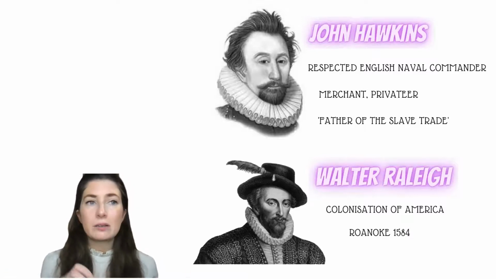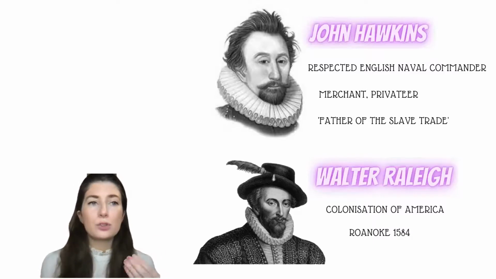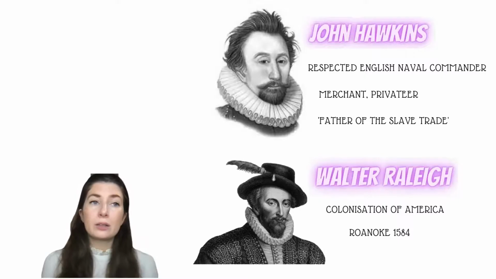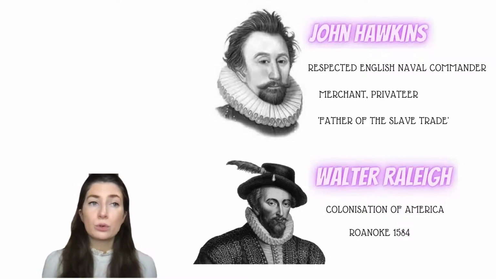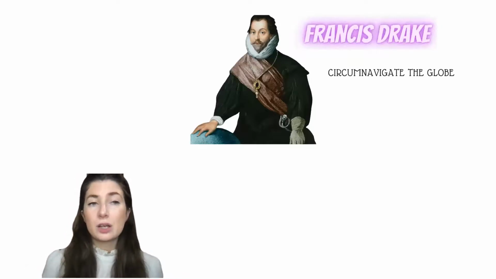There are some mysterious carvings in the tree, and all of this leads you to question what happened. So that's an unexplained mystery. We don't know what happened to the colonists at Roanoke. It could have been local hostile tribes. It could have been they died from natural causes, from starvation. But anyway, we don't know. So that's Walter Raleigh. Now, Francis Drake was another important character, and he was the first person to circumnavigate the